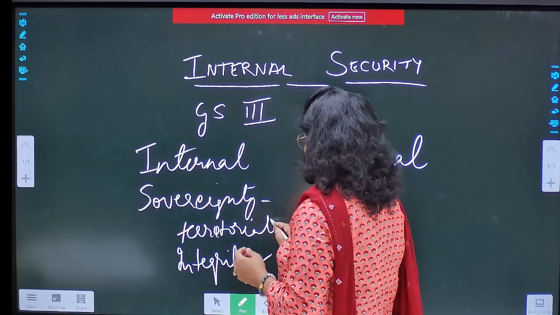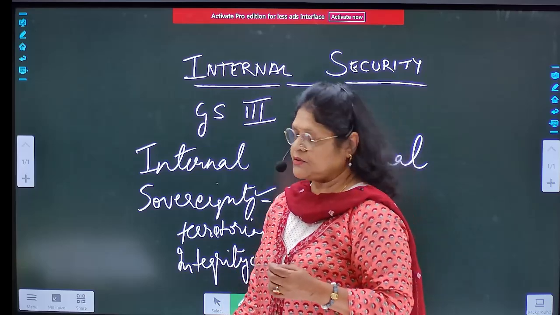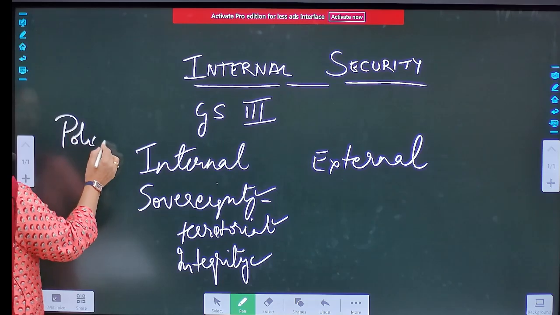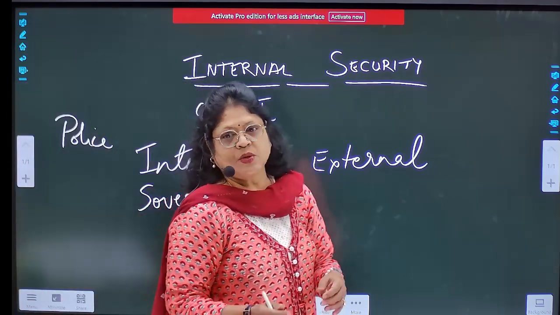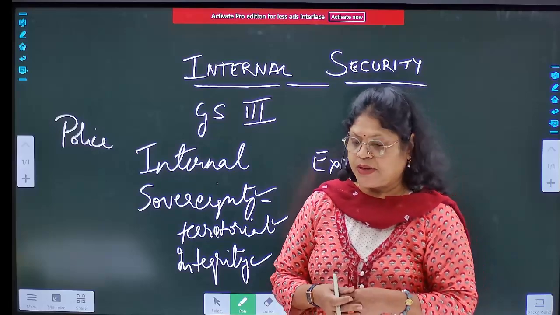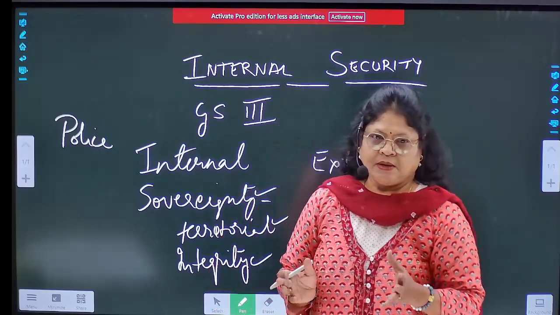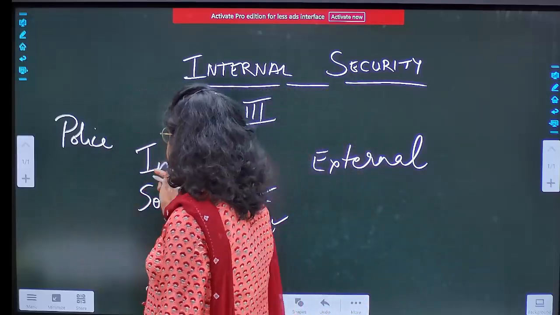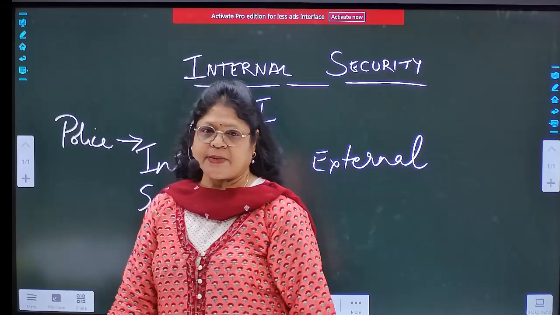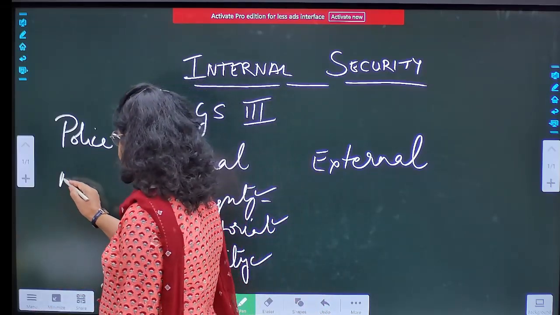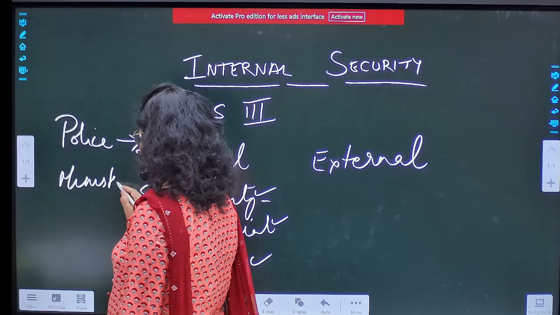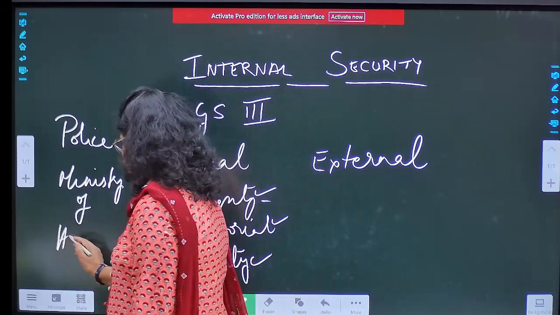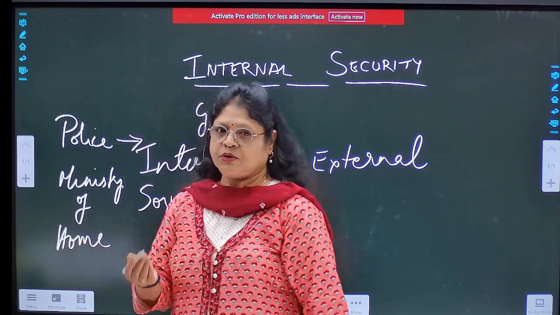So, who is responsible for maintaining the sovereignty of a nation? Internal security is mostly the responsibility of the police. It is the police who have to maintain the law and order, who have to maintain peace and tranquility within the given territory under which they are working. So internal security is managed by the Ministry of Home. The Home Ministry and the Home Department of the center and also of the states